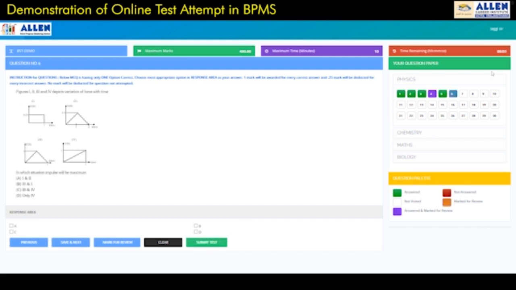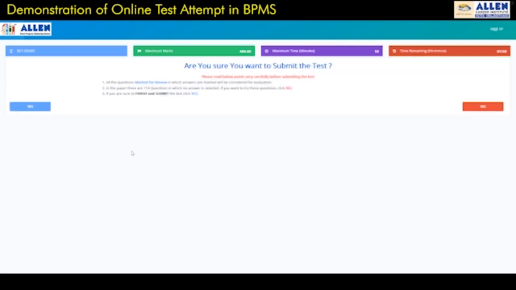So after that you have to just press the submit button. Once you submit this paper, that time you will be coming out from this paper. So let us suppose you are submitting this paper, so there is one instruction, one piece of information there. It asks whether you really want to submit this paper. If you are final, and apart from that, there are some statistics given that out of 120 questions, how many questions you have attempted and how many questions you have left.